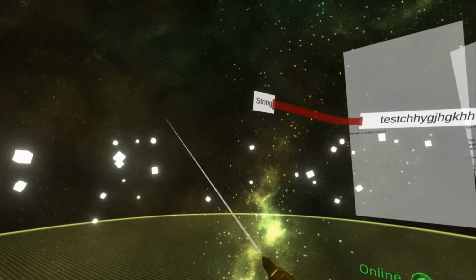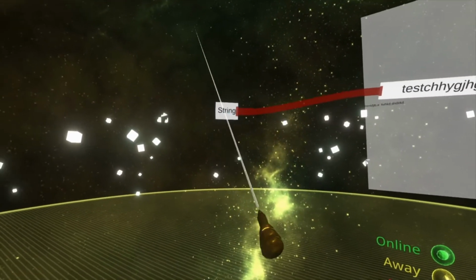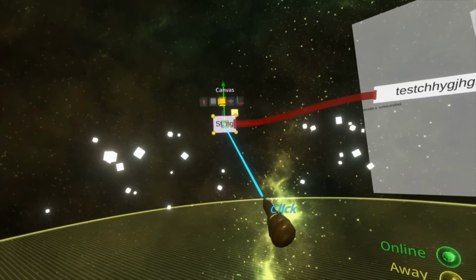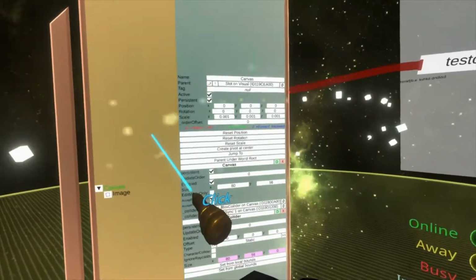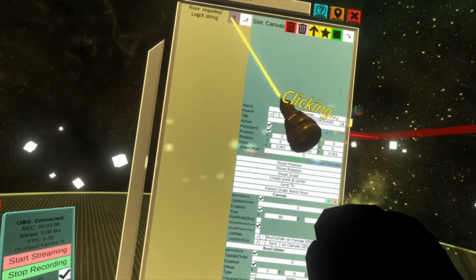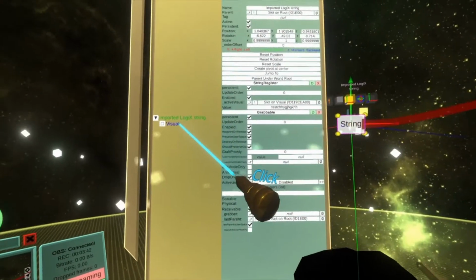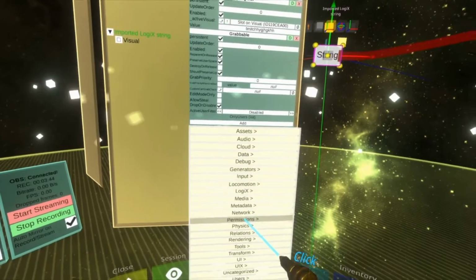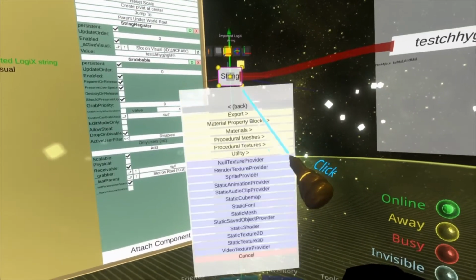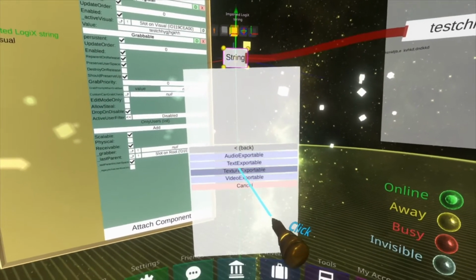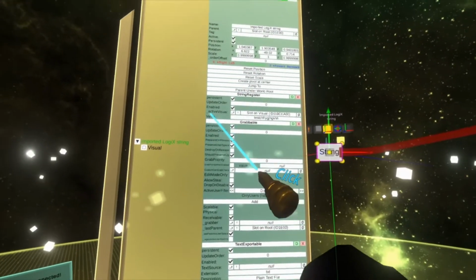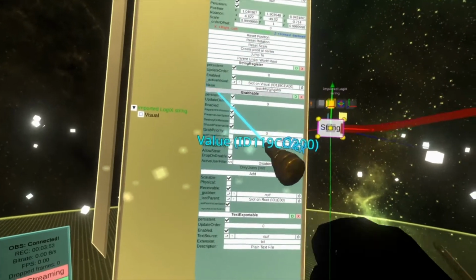To prove how we can do that, let's go ahead and add TextExportable to this string node. So I'm going to go ahead and inspect it. Always go to the top of nodes. So here you have to hit up arrow twice. And now we're on the imported LogiX string. And we can do attach component, assets, export, TextExportable, and then you drag the value of the string register into